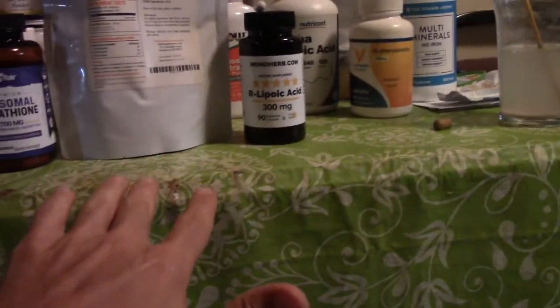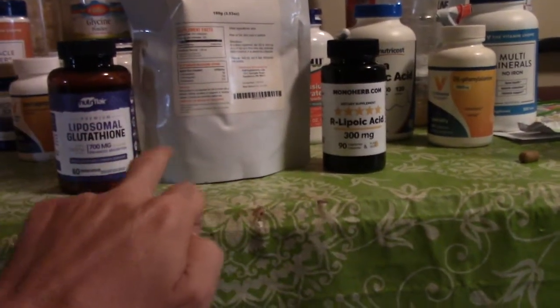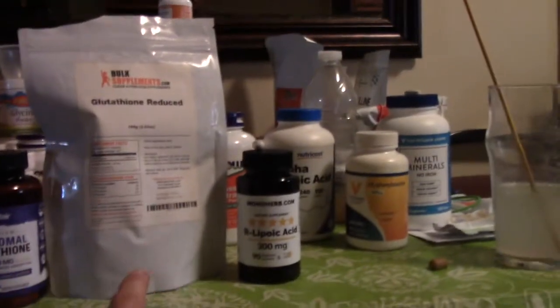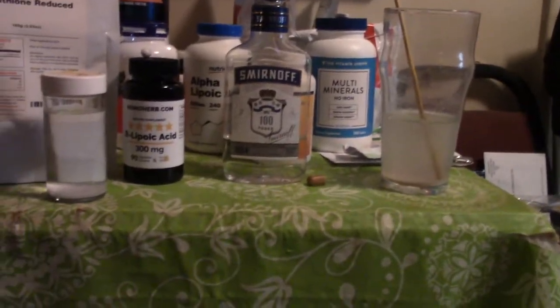So the first two supplements that you should start with are R-lipoic acid and glutathione, but you have to get the glutathione into your system, so you want the liposomal glutathione. You can buy the powder and do it sublingually. And here's another really cool thing I noticed, something I discovered with EDTA too. So I went to the liquor store. I don't drink, but I got a bottle of Smirnoff 100 because I was trying to make a transdermal solution using alcohol that would quickly get these supplements into my